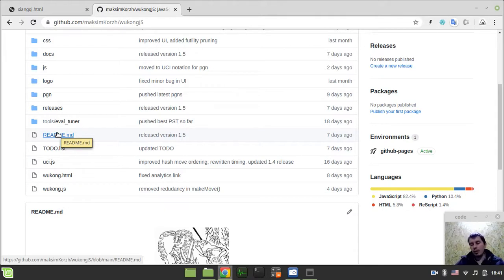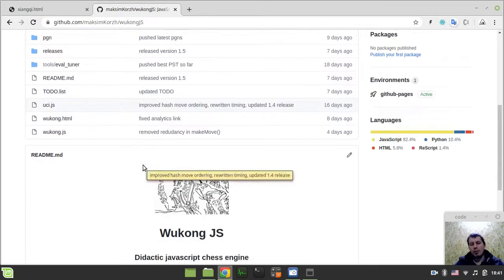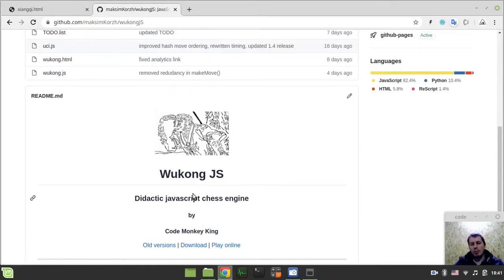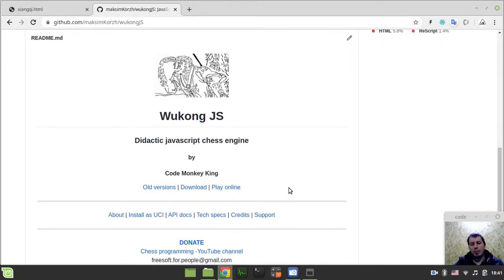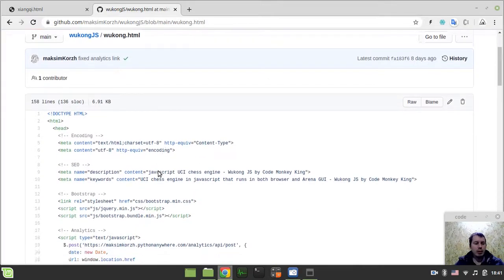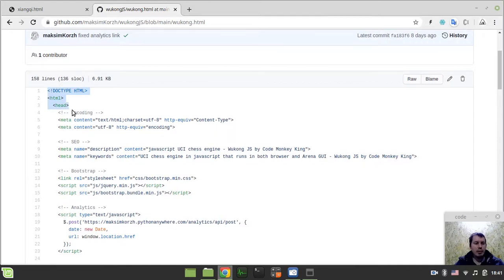a site related to the game of Xiangqi itself. But actually, there are a couple of good English resources on Xiangqi, so probably not too much need for duplication. I didn't yet take the decision, but at the very least first I want to provide this README, but that would be done later on, and also the ability to play online. So let's go. I just want to open this Wukong HTML to grab the